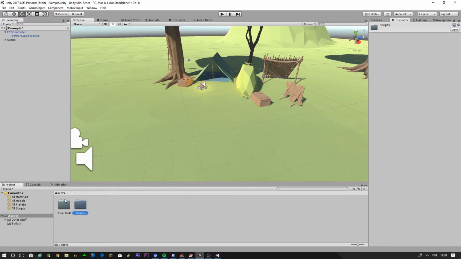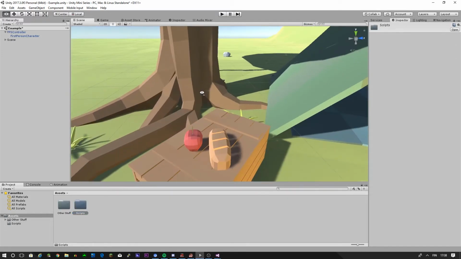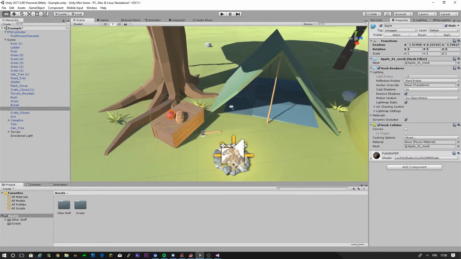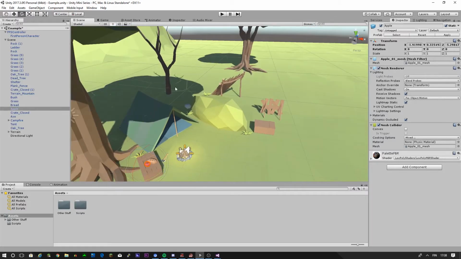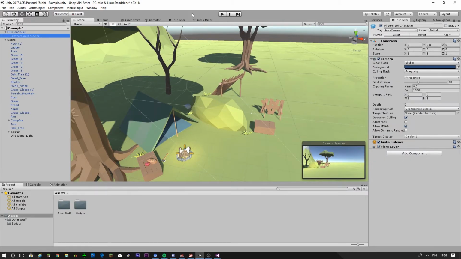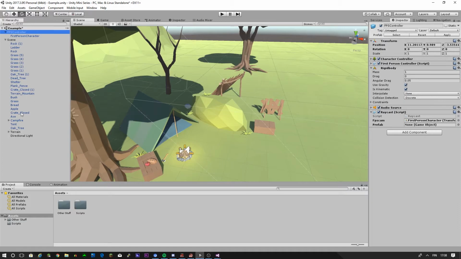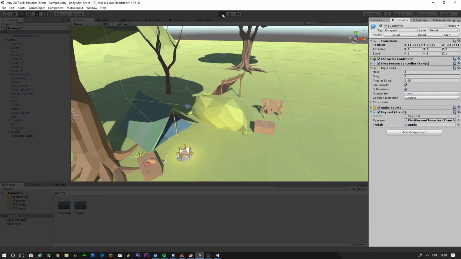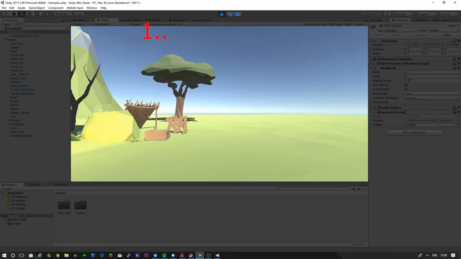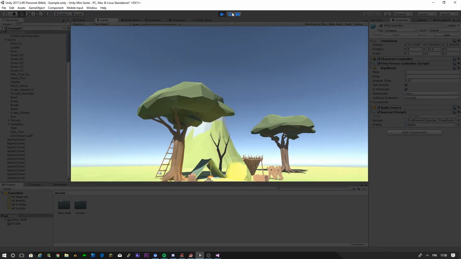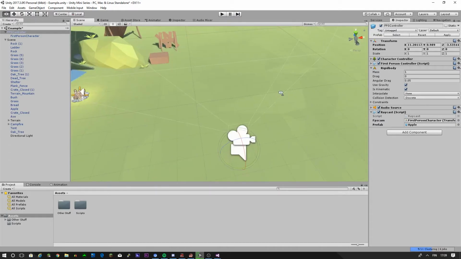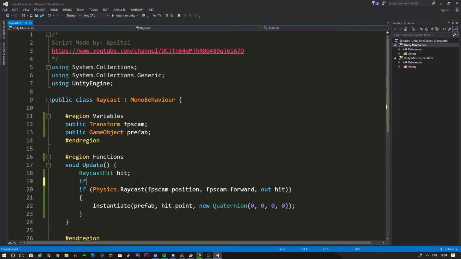Now, actually, I have some prefabs in here. Let's create an apple where we hit it. So just go into our script, and I'm gonna drag our apple into here. And now, if everything goes right, we should spawn an apple right where we hit. So, oh jeez, oh yep, we definitely have a problem. The problem is, oh yeah, I forgot, we need to